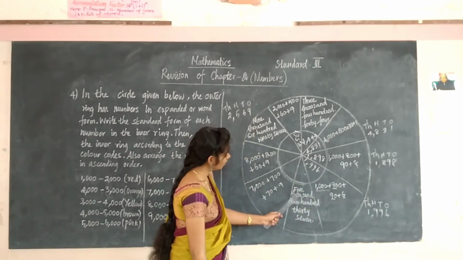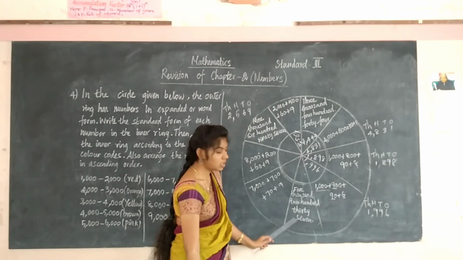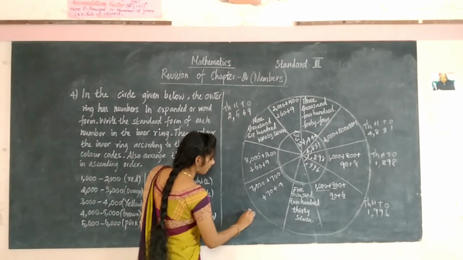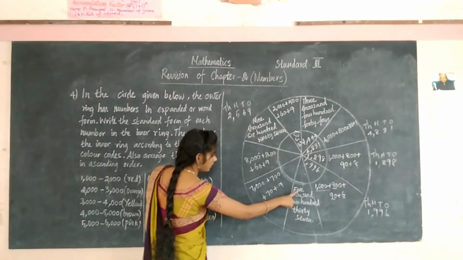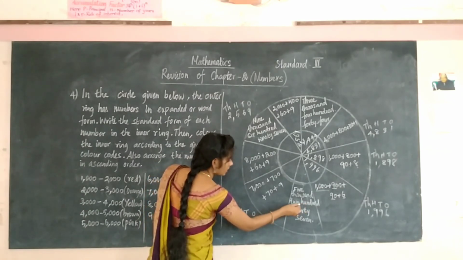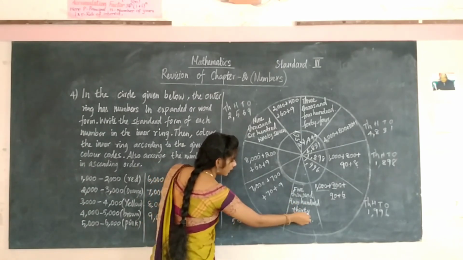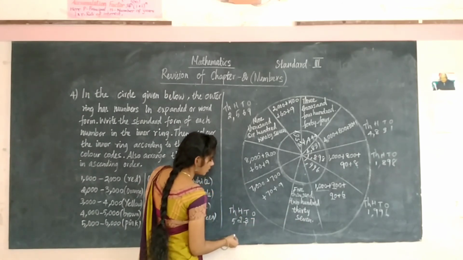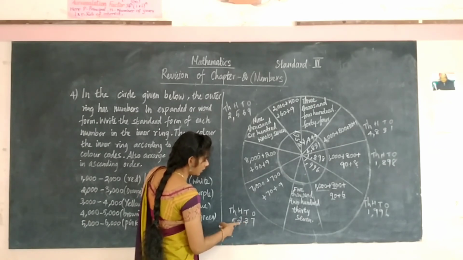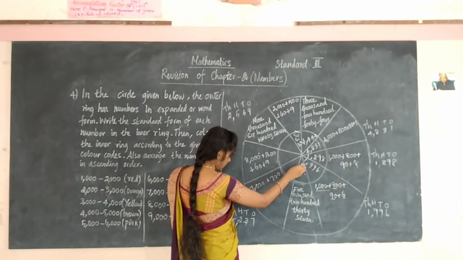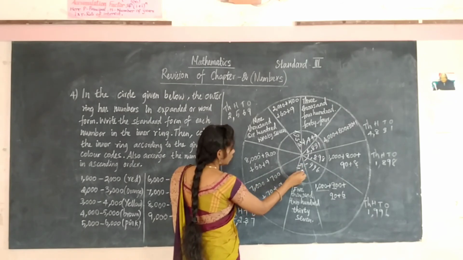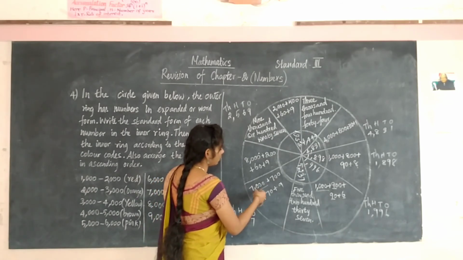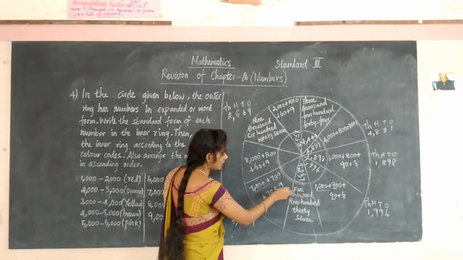1996. Then it is given in words. 5237. So 5000 in the thousands place. Tens, hundreds, thousands. In the thousands place it is 5. In the hundreds place the number is 2. In the tens place 30, that is 3 in the tens place. 7 in the ones place. So now give the commas between hundreds and thousands. So now you write the answer as 5237 as the answer.